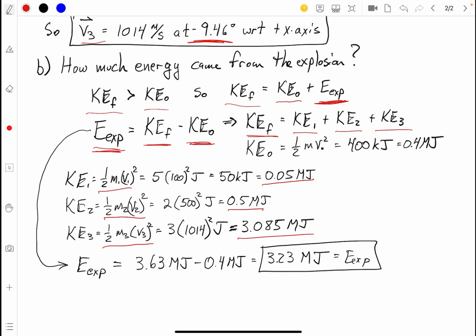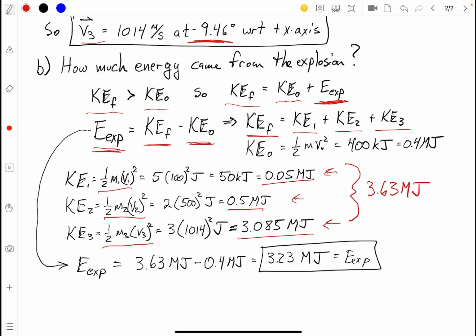These two, this one and this one, they don't add a whole bunch, but our third particle, man, that thing is screaming. Okay, so it's got all the energy in this situation. All right. So we add up all those things, and those things all add up to 3.63